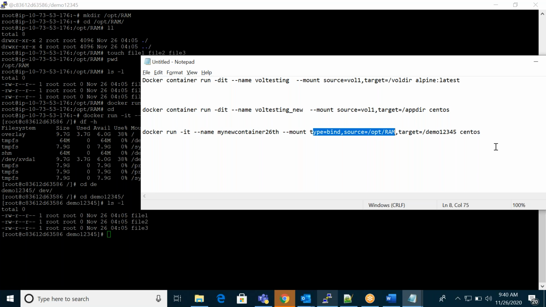So that's it, the volume concept. Pending are Docker Swarm, one class, and Docker networking, one class.